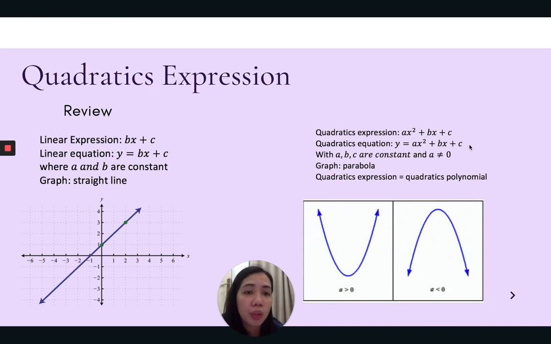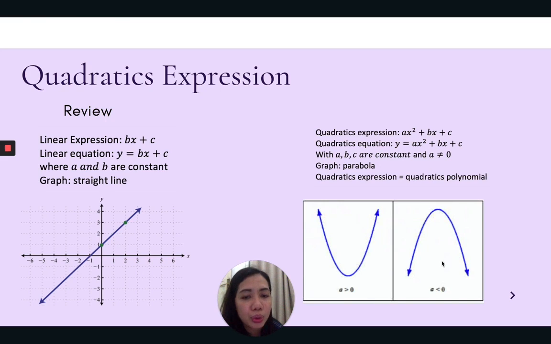Okay, the next thing: if we want to transfer this quadratic equation into a graph, or draw this quadratic equation, we will always have a parabola. And based on the value of a, we can divide the parabola into two: the open upward parabola like this, and the open downward parabola like this. Commonly I call it a smile parabola, and this is a sad parabola.